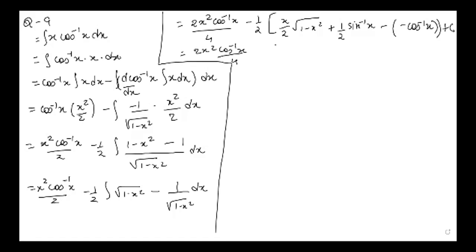As you can see, every term over here is in the form of cos inverse x. So I have to convert this sine inverse into cos inverse by applying that identity: sine inverse x plus cos inverse x is equal to pi by 2. So I will write this as pi by 2 minus cos inverse x plus cos inverse x plus